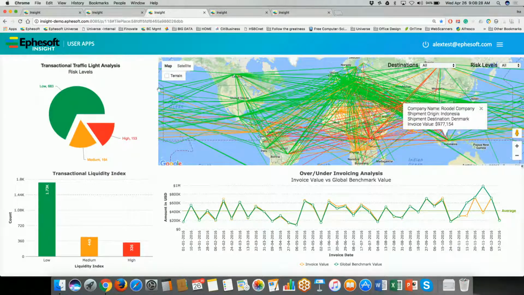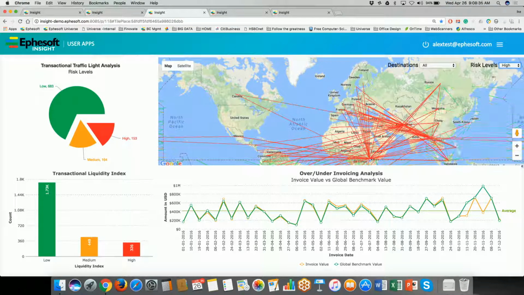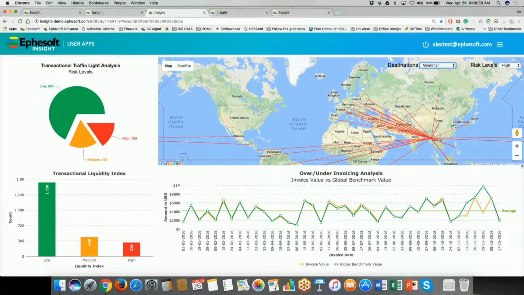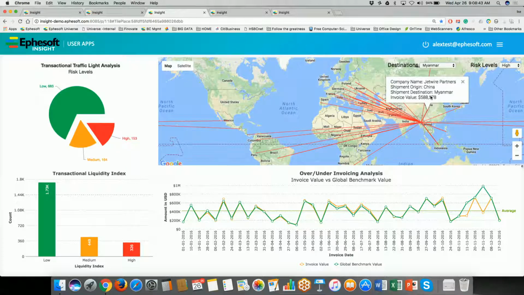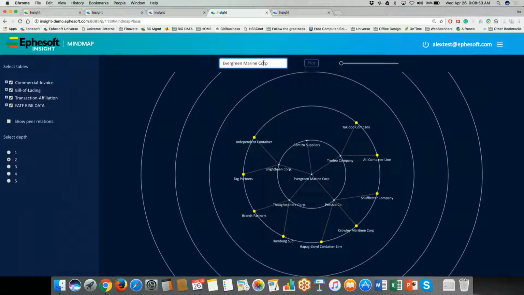Back on the dashboard, you can see that we've overlaid all of the shipping data from all of these shipping documents, and Ike can now sort this information based on origin, destination, route, and by risk level. In this case, he can see all of the transactions that are going into Myanmar as a destination. The last visualization that we want to show you this morning is the mind map. This is where we're digging even deeper to find